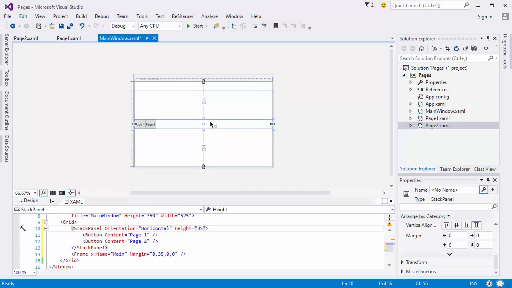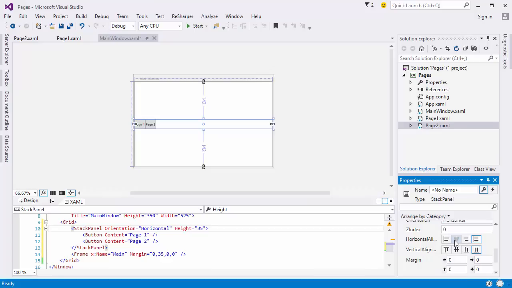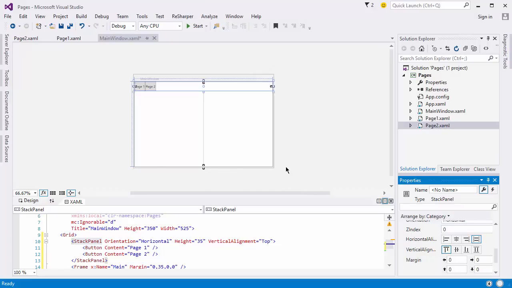And I'm also going to tell it to have horizontal alignment and vertical alignment top and stretch. So we now have the container element on the top of the page in the first 35 pixels, and the remainder of the page is taken up by the content frame